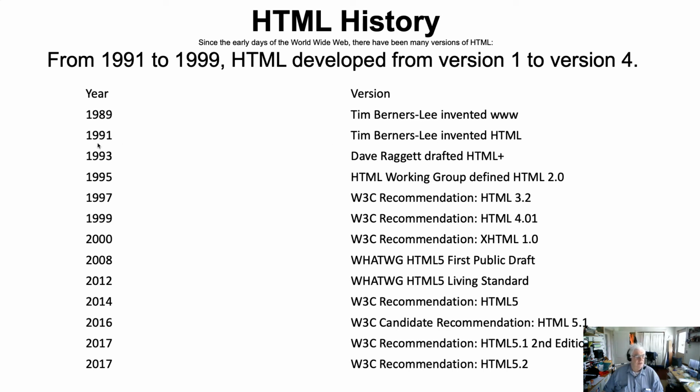And in 1993, Dave Raggett drafted HTML Plus because this first one was pretty basic. I'm not going to read it all the way down through here, but the net effect is, as time went along, more and more things got invented that you could do. But one of the problems they had was that every browser company would make extensions. So you'd have programs written for just Chrome or just Internet Explorer or the Microsoft version,